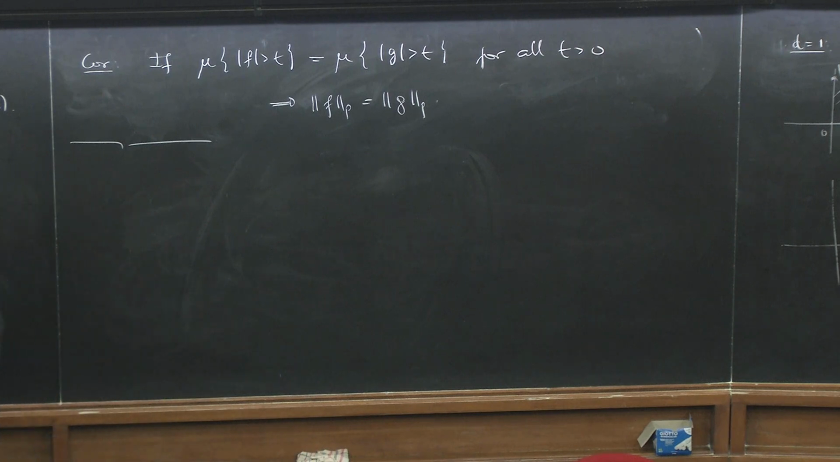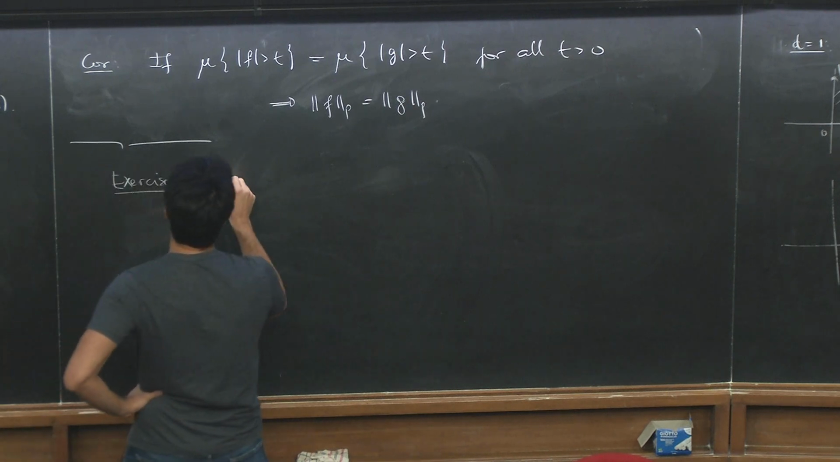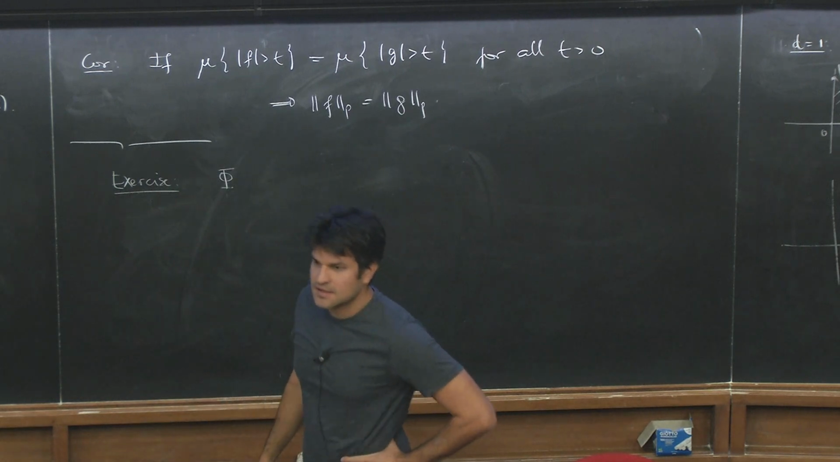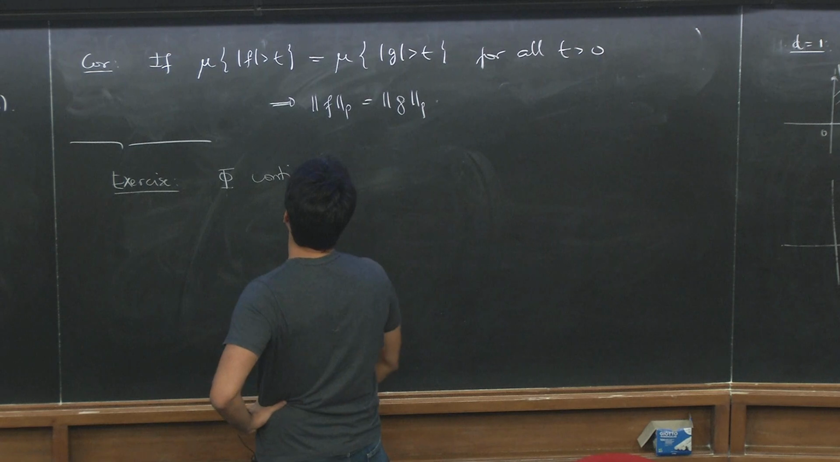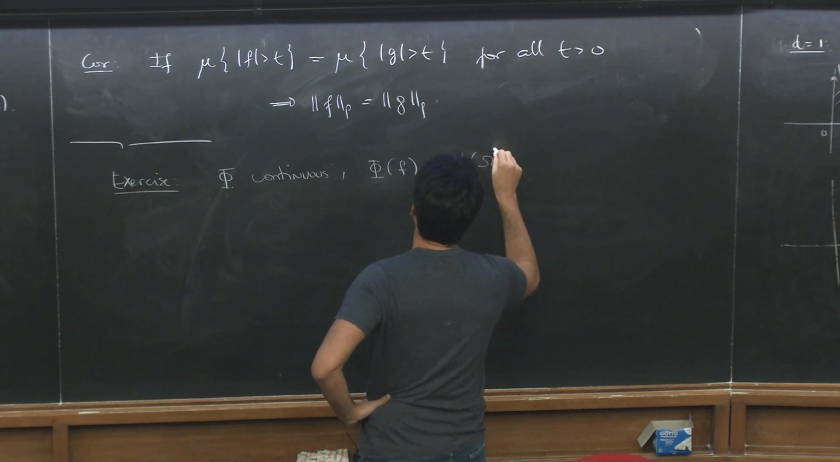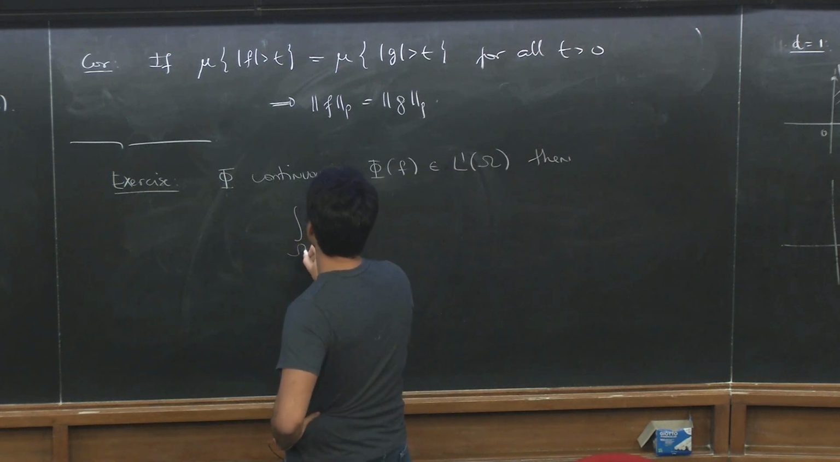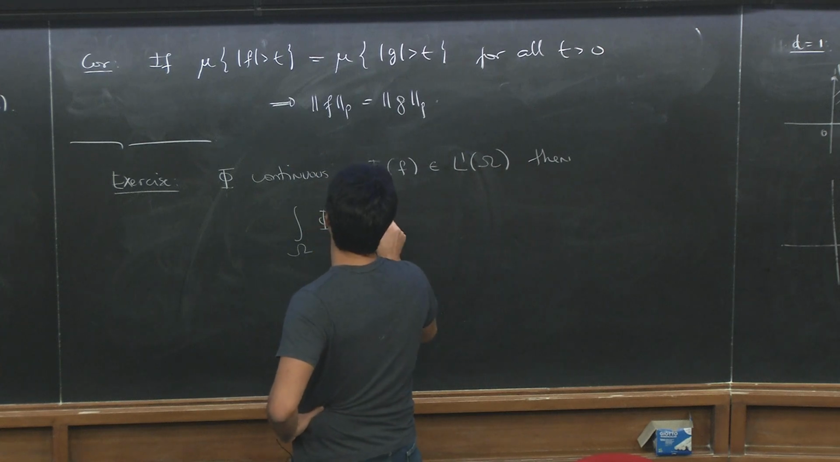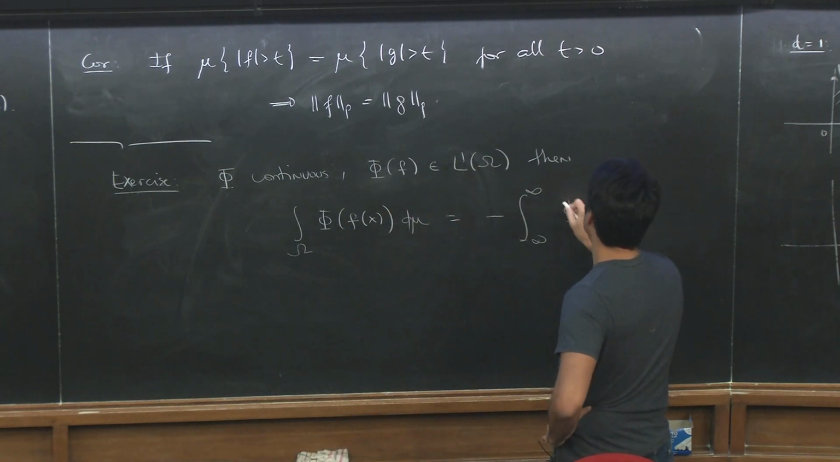This little trick that we did here with the function t to the p, you can do with any other continuous function. So I'll put it as an exercise, maybe, to verify the following. If you're given a function phi, let's say a continuous function, such that phi composed with f, phi of f, belongs to L1 of omega, then you would have the integral in omega of phi of f of x d mu being the integral from minus infinity to infinity of phi of t